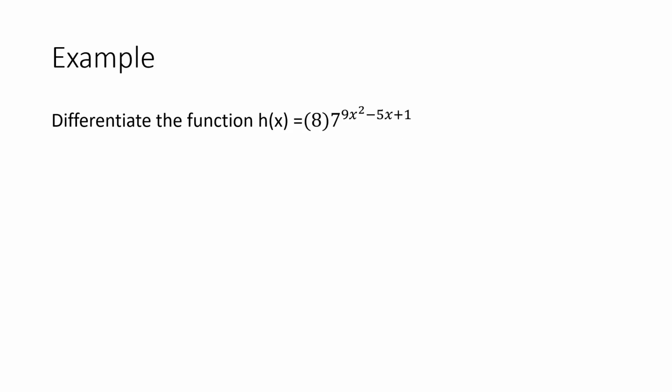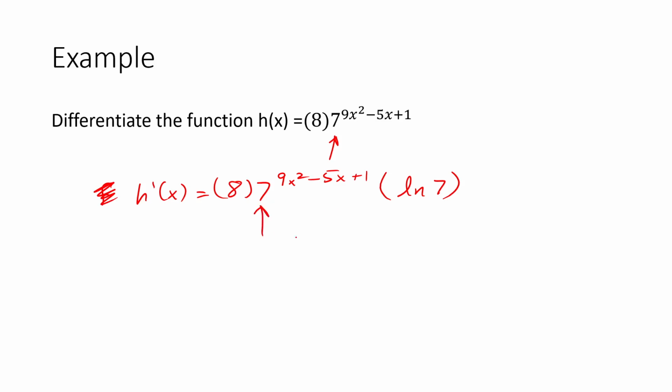Now, if we wanted to differentiate this function, again, this is a great example of an exponential function where we have x's in the exponent, but the base of the exponent is a scalar. So the process is to simply rewrite the function without thinking too much about it. Then multiply by the natural logarithm of the base of the exponent, which in this case is just the 7,